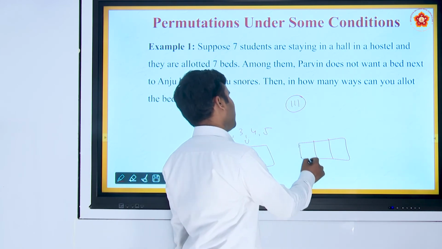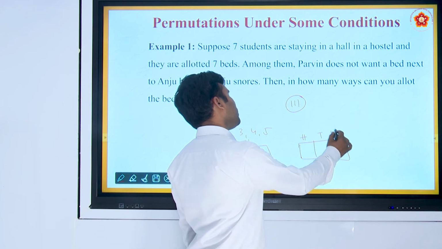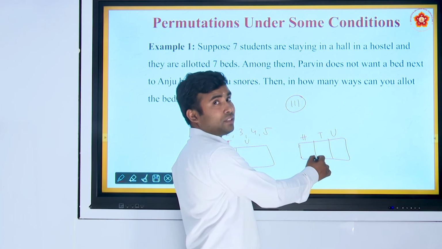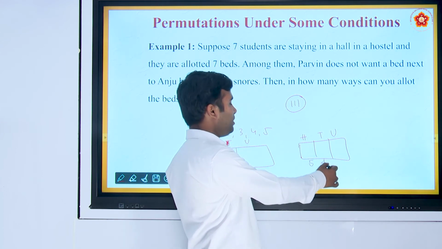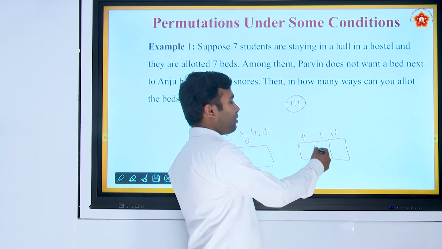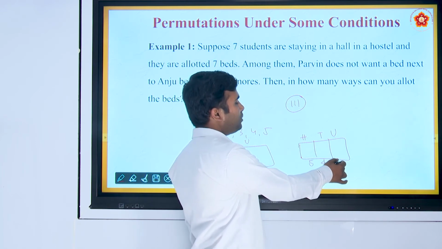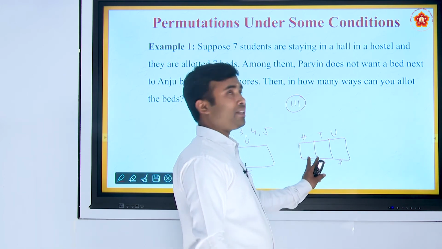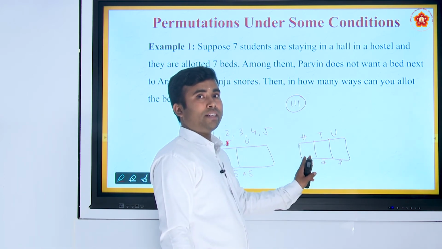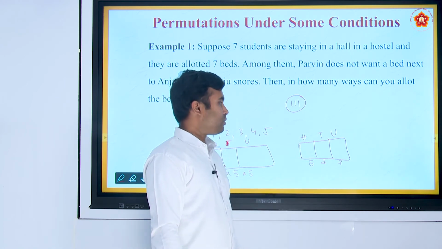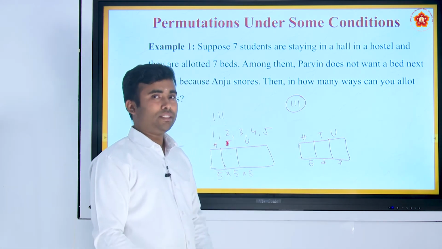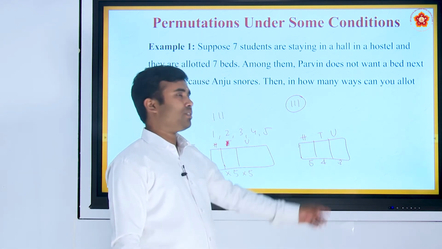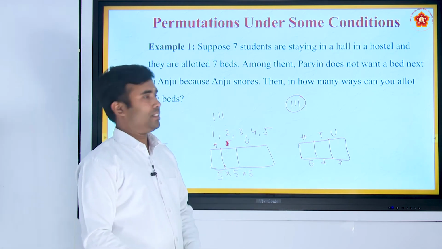Which is very clear. See, this is the 100th place, 10th place, unit place. The 100th place can be filled in 5 ways, and one digit is being used, and I can't repeat the same digit in the next place. So the number of possibilities will be 4, and in the unit place the number of possibilities will be 3, since 2 digits have already been used in the 10th place as well as the 100th place. Therefore the total number of 3-digit numbers will be 5 into 4 into 3. What's the answer? 5 4s are 20, 20 3s are 60.